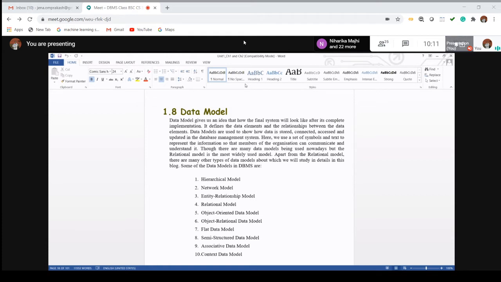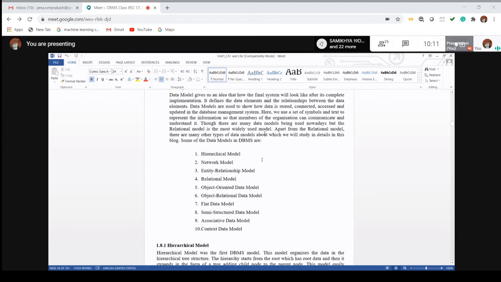Except for the relational model, there are also some other models, and we can discuss them one by one. The models are the hierarchical model, network model, entity relationship model, relational model, object oriented data model, the combination of object oriented with relational data model, flat data model, semi structured data model, associative data model, and context data model.